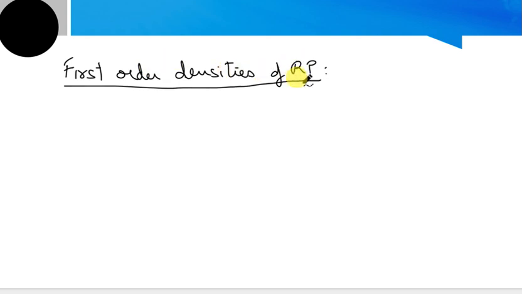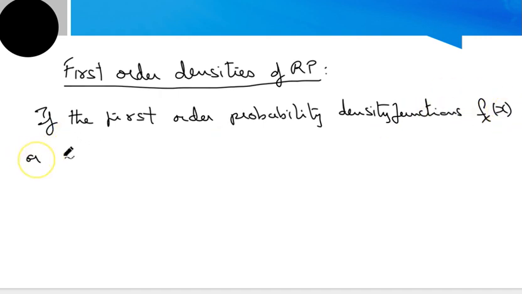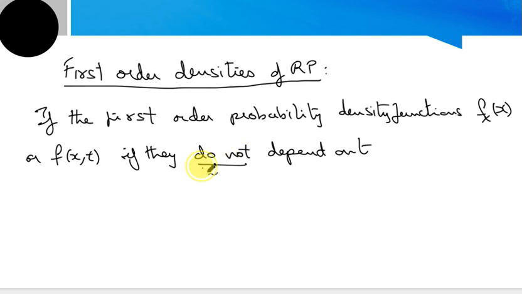If the first order probability density function, defined generally by fx of x, that is the notation used, or the notation could be f of x comma t, if they are all the same and if they do not depend on t, this is important,